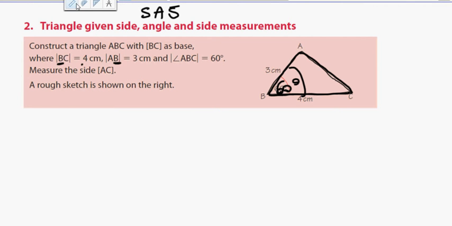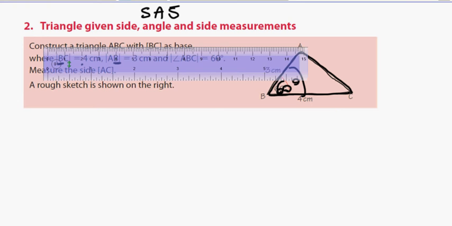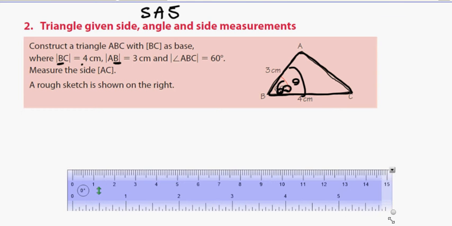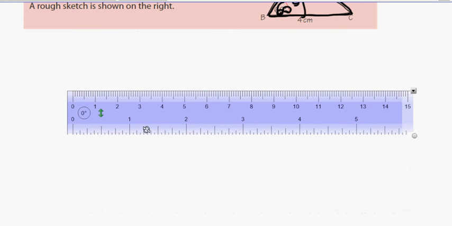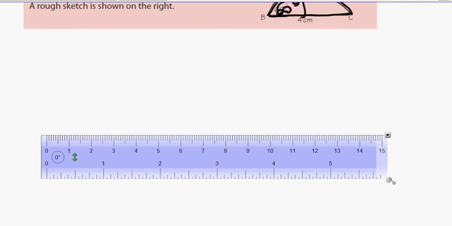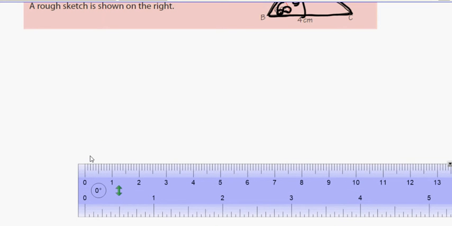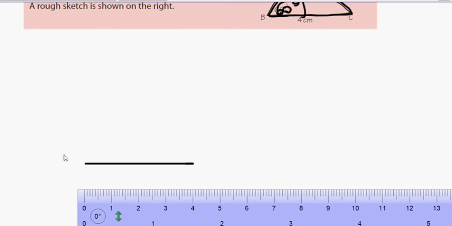So, I'm going to start off with the longest side, which is 4 centimeters. This time I'm just going to make my ruler just a bit bigger. So 4 centimeters is actually a bigger number, or bigger distance from the board. Okay, come across, come down, 4 centimeters. Yeah. Okay, if you go too far, come along with the rubber, take off a bit there, okay? Now that I've done 4 centimeters, what I'm going to do next is, I'm going to get my protractor,